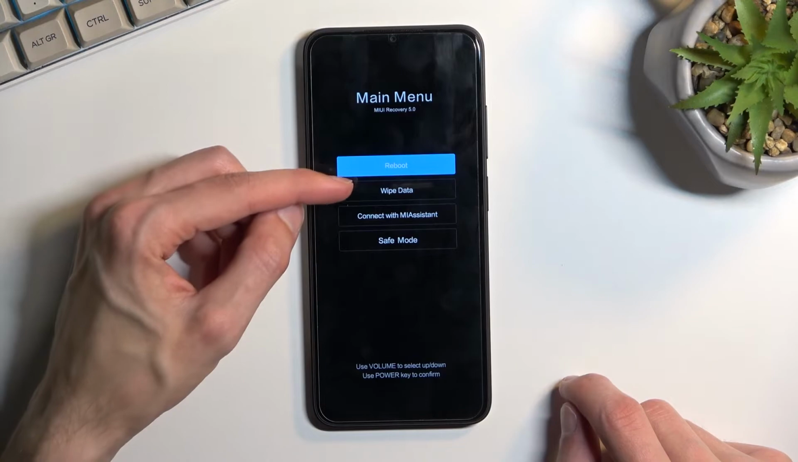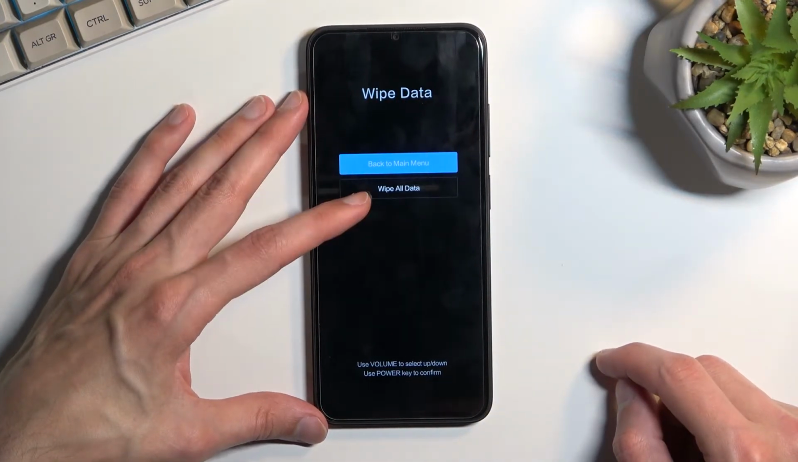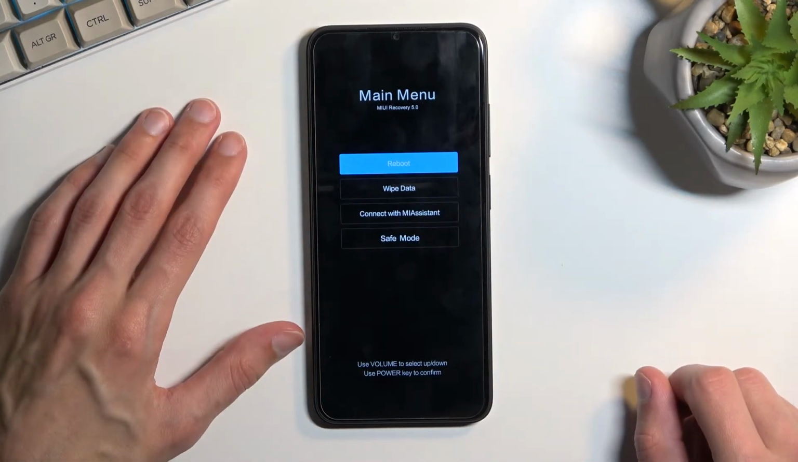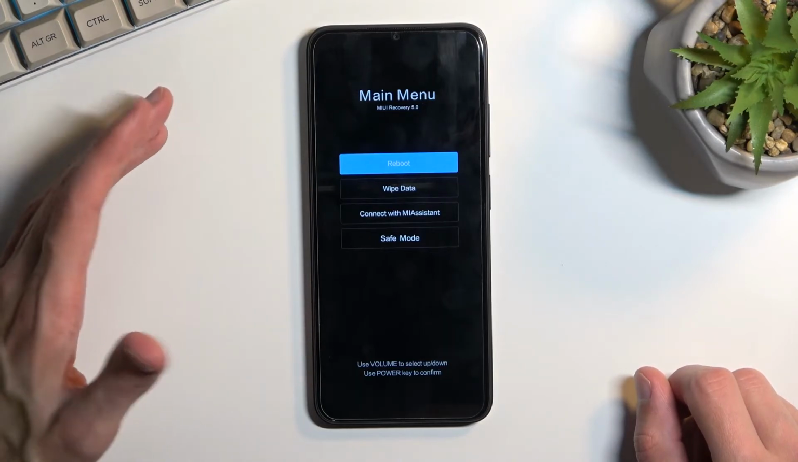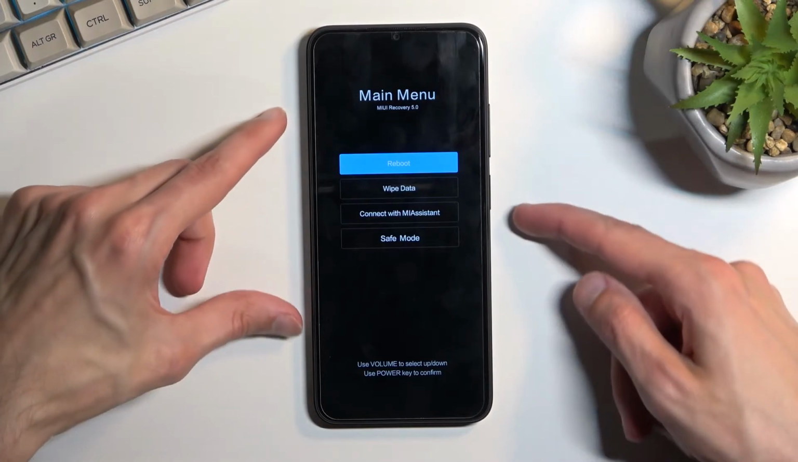We can wipe data, which will most likely include wipe cache, or nope, in this case just wipe all data. We have connect with Mi Assistant, just an app, or boot the phone into safe mode. Now not much more to show here, it's actually a fairly limited recovery mode, so I'm gonna stick with reboot, confirm